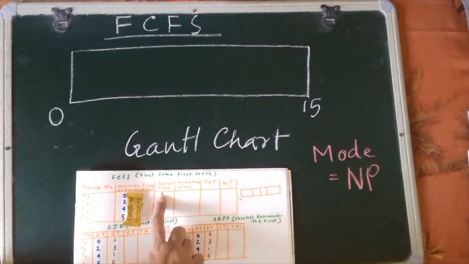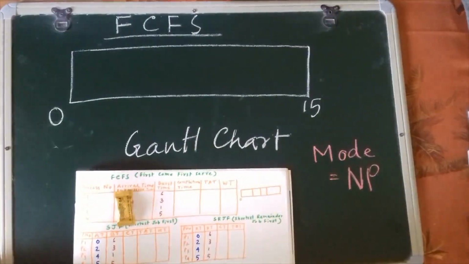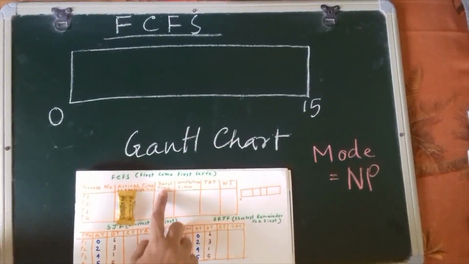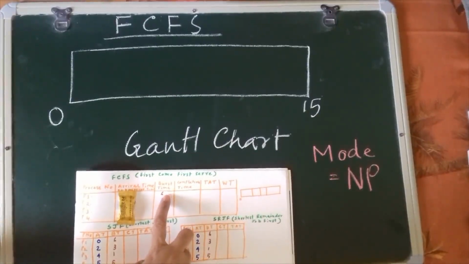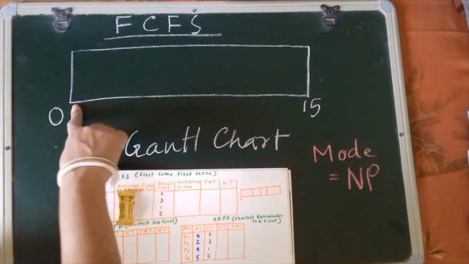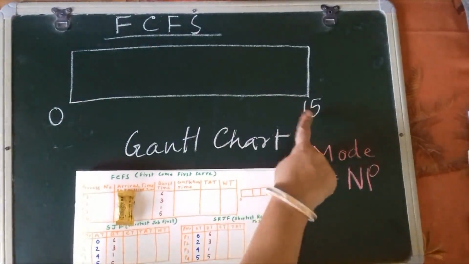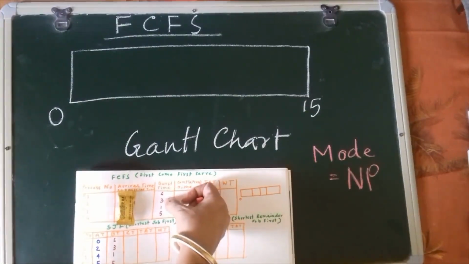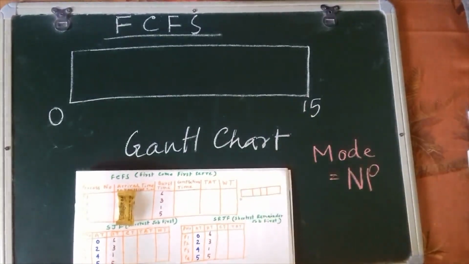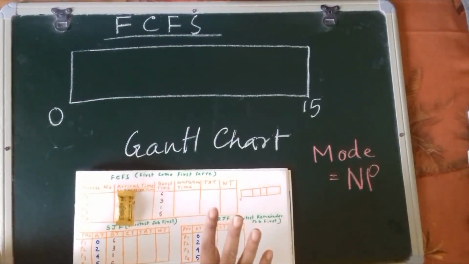First process, assume it is 0. So the burst time for the first process, P1, is 6. As it is FCFS, we need to give the CPU one by one from the beginning. While drawing the Gantt chart, one very important thing to remember: your Gantt chart starting should always be 0 and your Gantt chart ending should be the summation of all of these. 6 plus 3, 9, plus 1, 10, plus 5, 15. So if after drawing it, it is not coming to 15, you have done it wrong, whatever algorithm you are following.